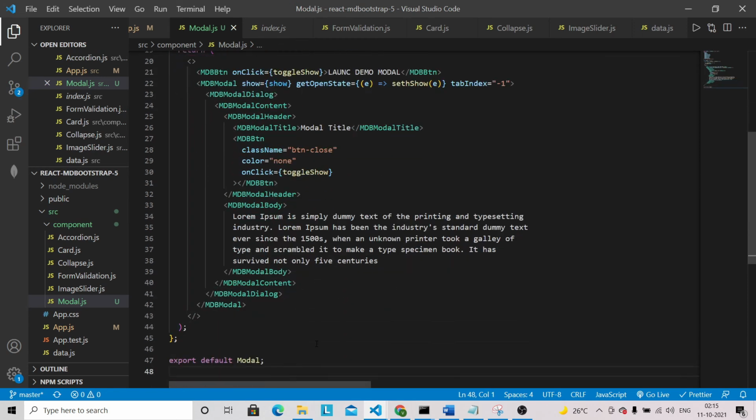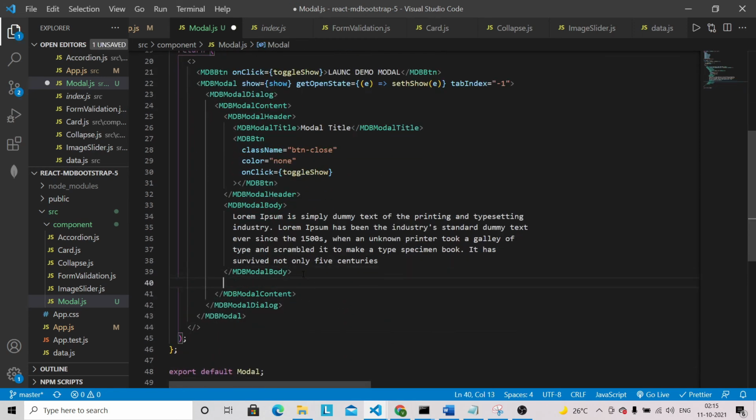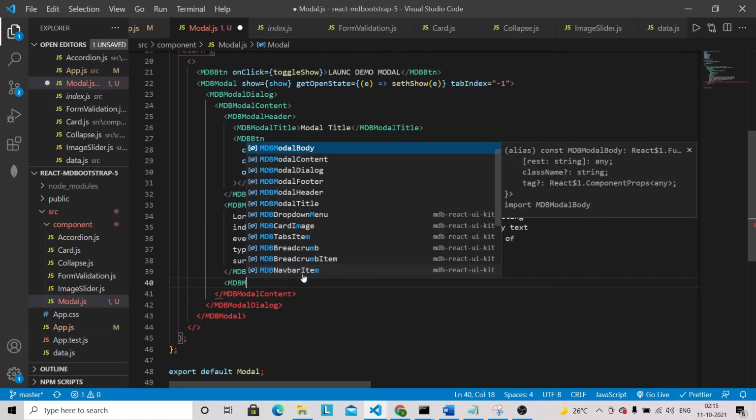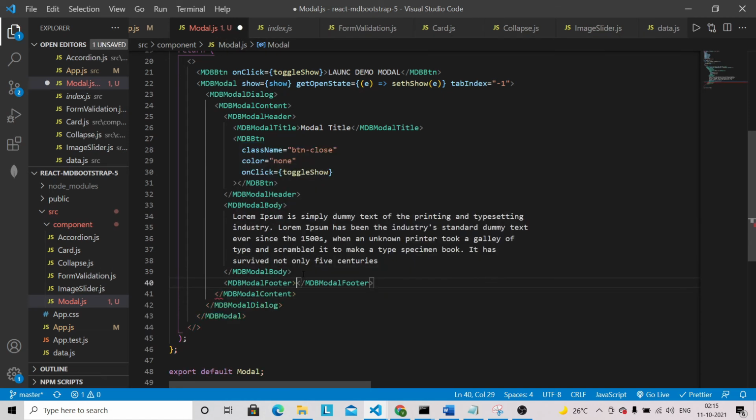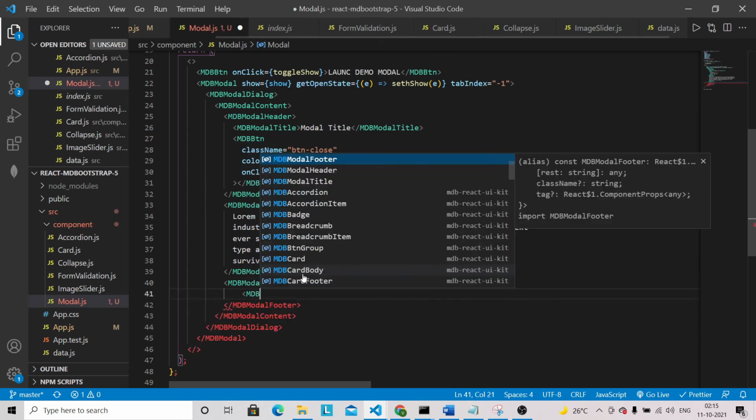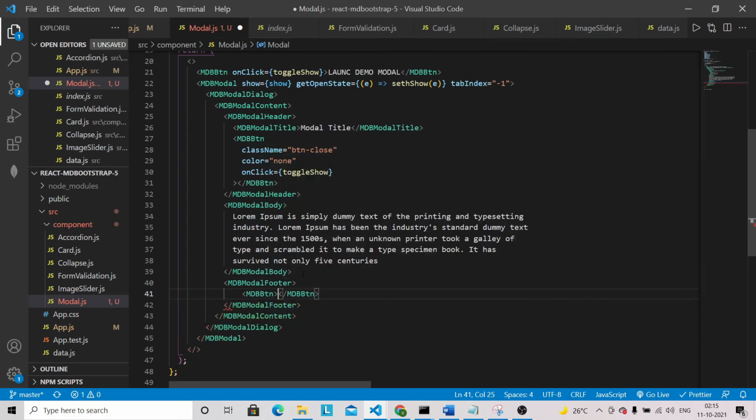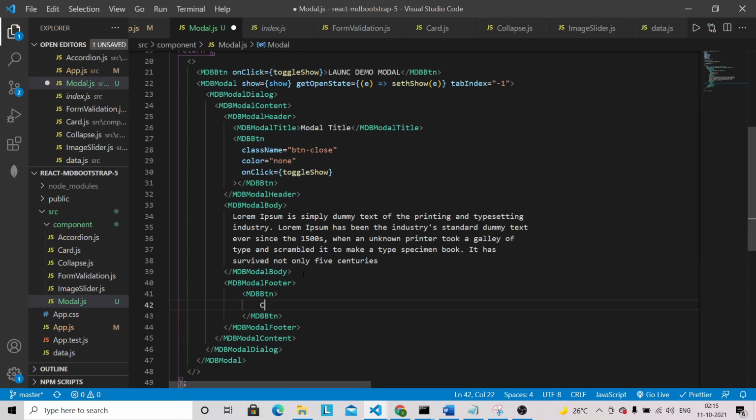Now after this modal body we are going to have a footer, MDBModalFooter. Then we are going to have MDBBtn, and we can give here close.